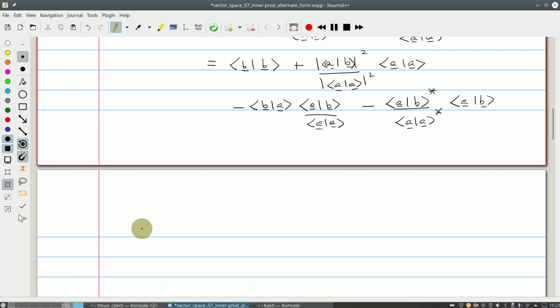So if we bring all these terms together, we will get 0 is less than or equal to the inner product of C with C, which is equal to, after a lot of simplification, and I'd like you to do this on your own, the norm of B squared, which is simply the first term here, and then what we are left with is simply only one term, which will be the norm of the